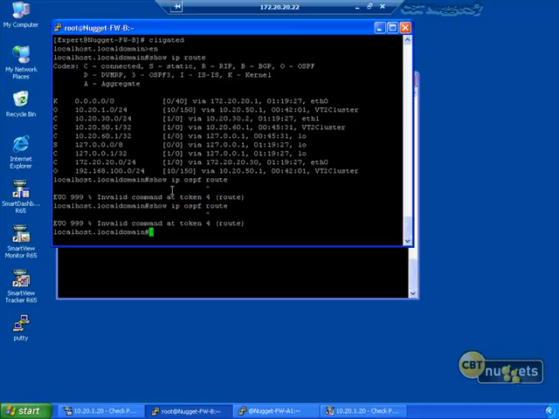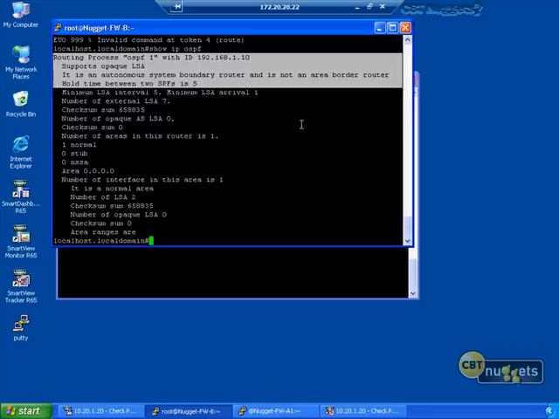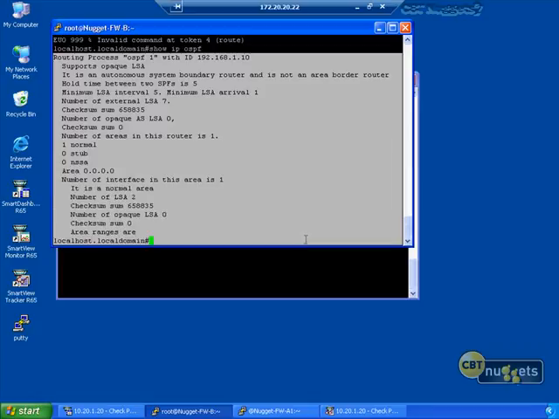Okay, it's not liking that one. So let's do show IP OSPF. There we go. So that's the one we were looking for. And what this is going to do is give us all the information about the actual OSPF process that's running between these firewalls. It's going to tell you the actual area information, the LSA information, the actual autonomous system